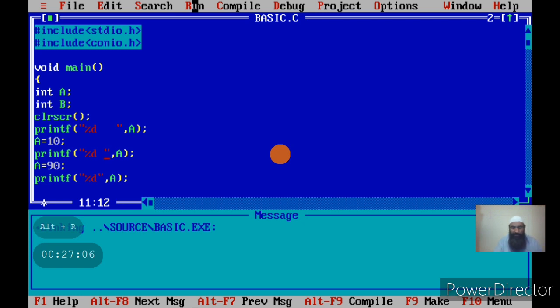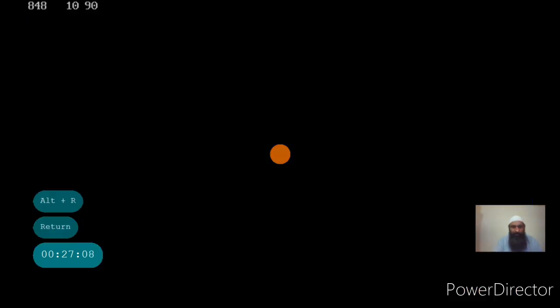Now after this, let us check the user screen. See, the first value is the junk value, the next value is the value 10 which we assigned to A, and the next value is 90 which we again assigned to A. The previous value is not retained. As I told you, the variable can store only one value at a particular instant of time, and if you change that value, the value of the variable changes. It no longer is there. The new value that is assigned will be there till we make further changes.